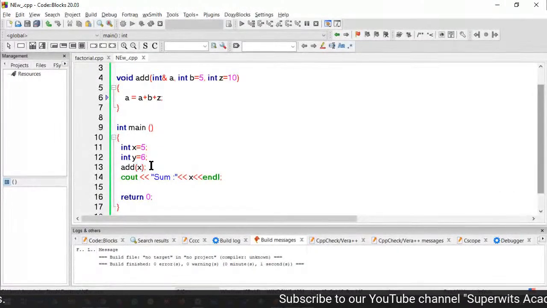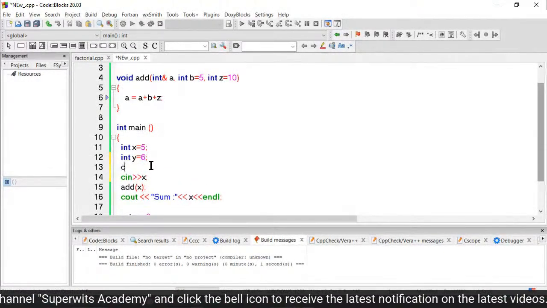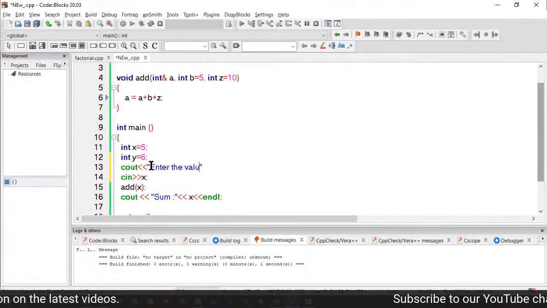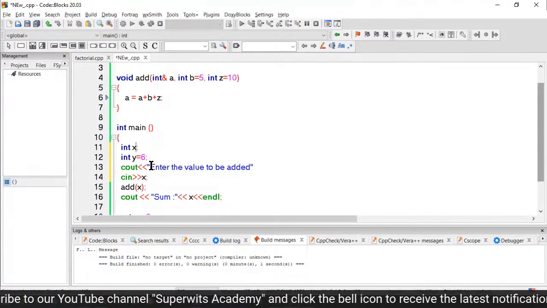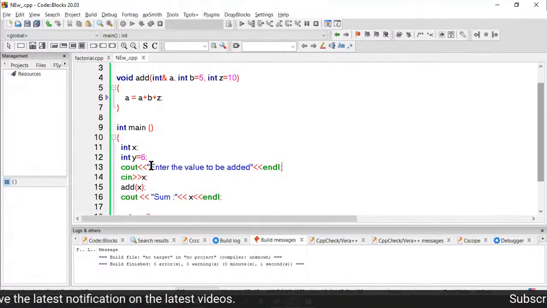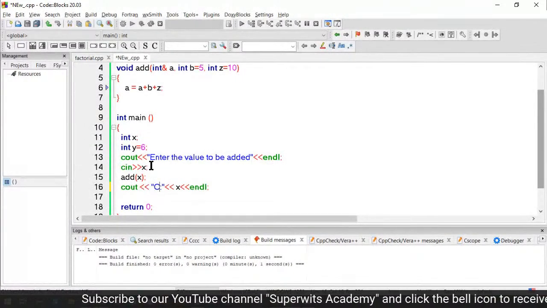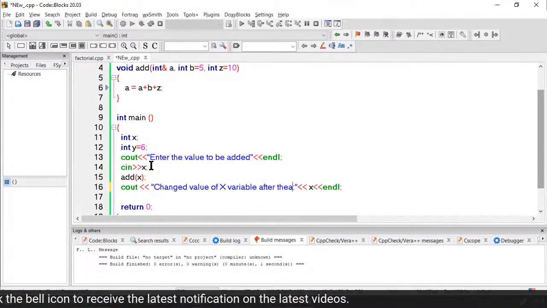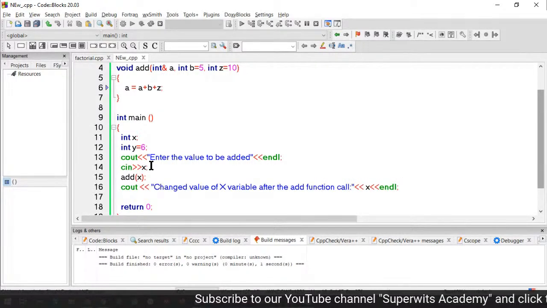Okay, so let's say I take the value from the user, cin into x. First I'm typing cout for "enter the value to be added". And here I'm going to remove this initialization, and that's it. In this particular case, I'm going to ask the user to put in the value of x, and then we can see how the value of x is going to be changed. Change the value of x variable after the add function call. Okay, so if I run this particular program,